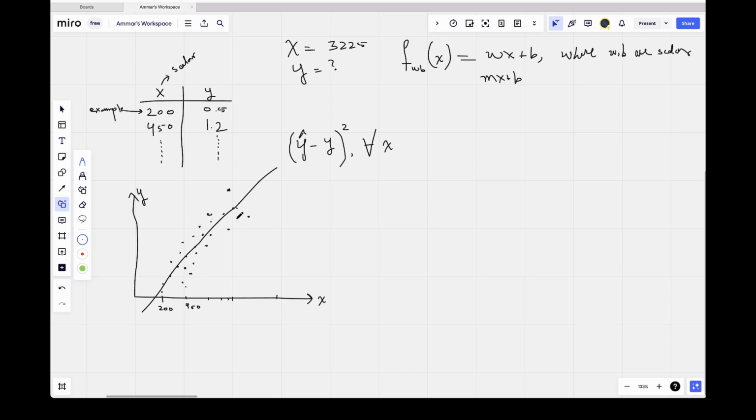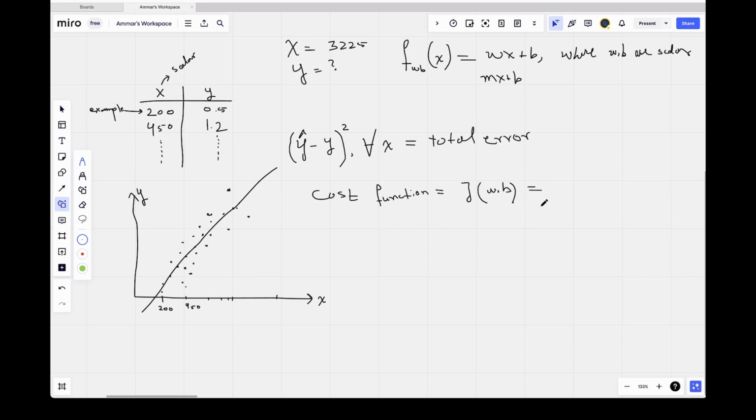For all of these points, compute y hat, and then subtract the actual value from y hat and square it, right? And this would be your total error. In machine learning, we call this total error the cost function, and we denote this as J of W and B,